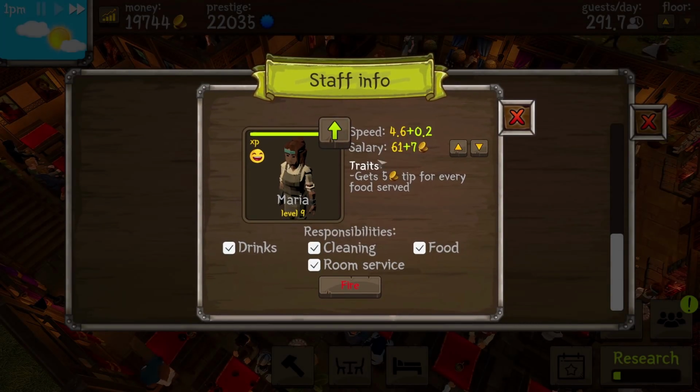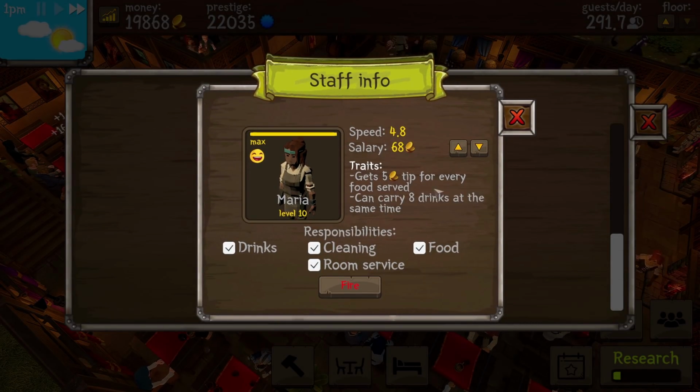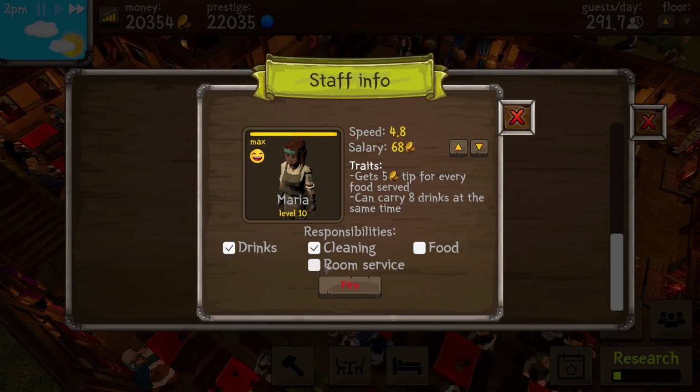Right, Maria, please get a good trait. Can carry 8 drinks at the same time. It's the finest of all the traits. Okay, right, Maria, don't you worry about food. Don't worry about room service. You can tidy up some drinks on your way round, and you can serve drinks as well. So you can do a bit of cleaning, bit of serving drinks. But yeah, because you can carry...